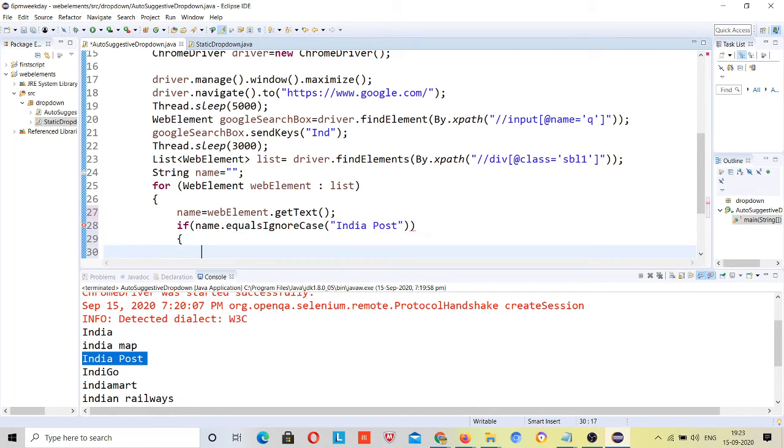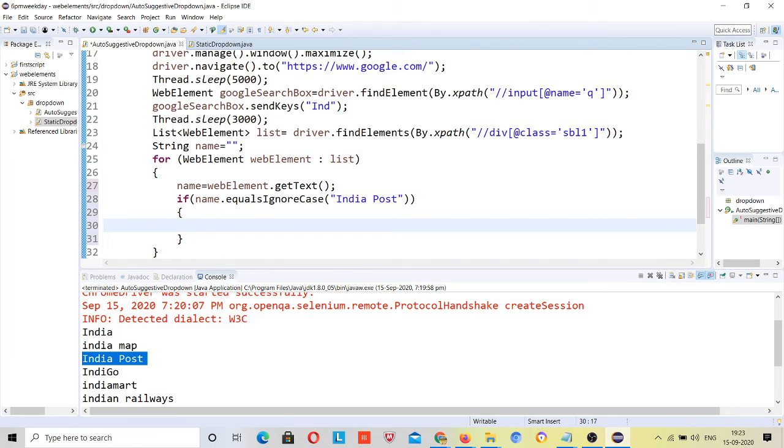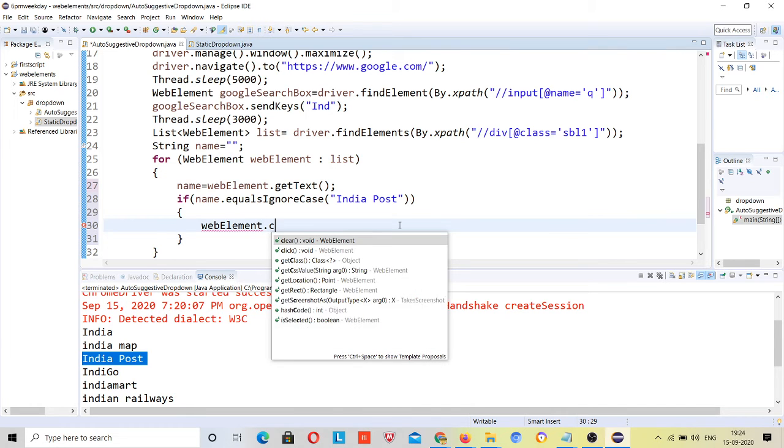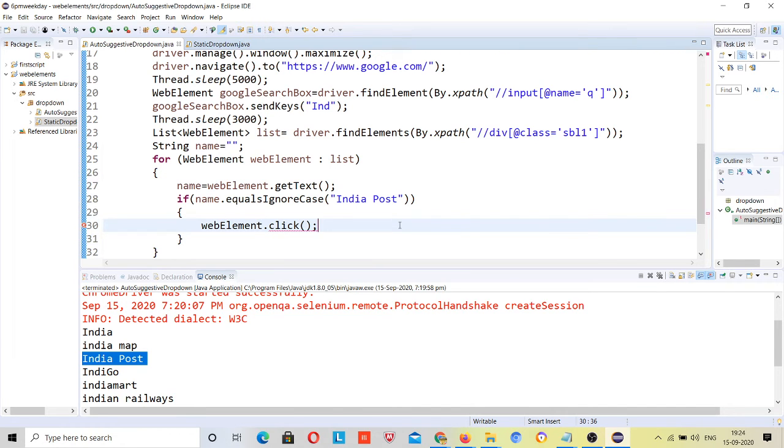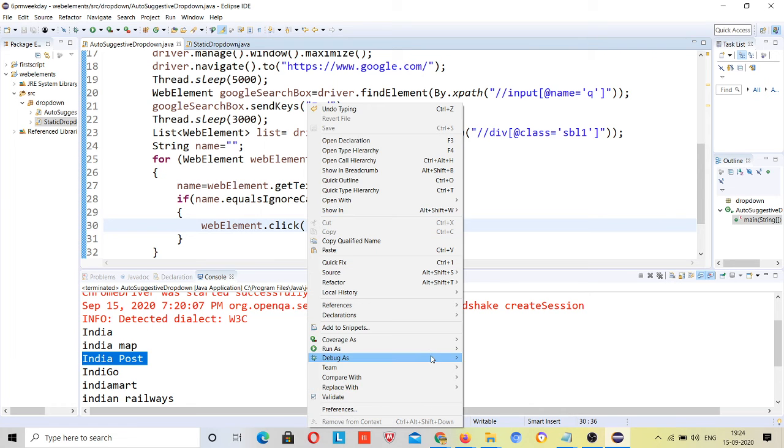If this result is found, then what you need to do, just copy this one. After this you need webElement. Let's try with click. Once you find that element, click on that, but it will click on the first, I hope.